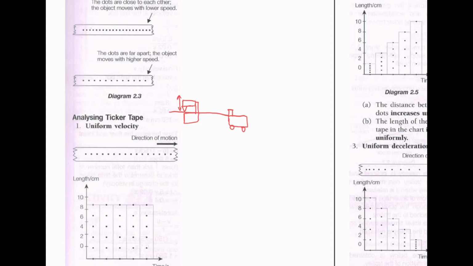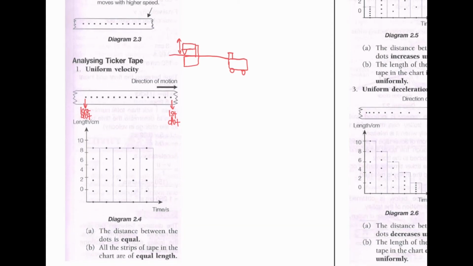So if the trolley is moving to the right, you should expect that initially this particular part, the needle part here, will put dots over here first. The dot here forms first, and then the tape keeps moving to the right, and the dot on the left forms at the end. So the dot on the right is the first dot, and this is the last dot, if the motion is like that. Okay, now